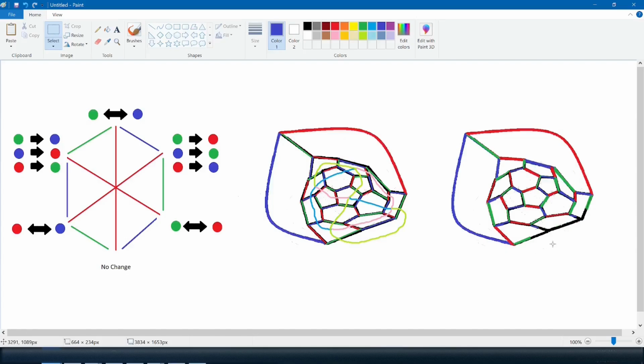Fairly straightforward. And now the last one we've got to do is this pocket here. Easiest way to figure it out is to go from no change over to green, over the green, so red to blue, blue to red, and no change for green edges. So red to blue, red to blue, no change for green, no change for green, and lastly blue changes to red, and the end result after all that is we have an alternate proper 3-edge colouring of